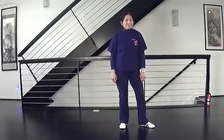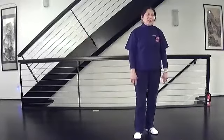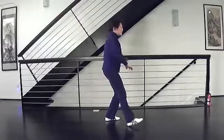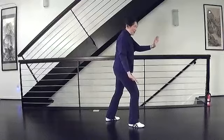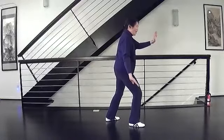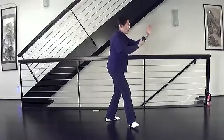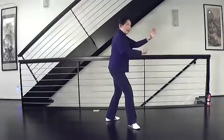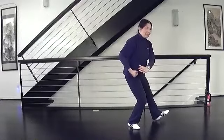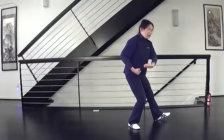Can you do that just one more time, just because I'm trying to coordinate what my left foot is doing. Okay, so let's say you start at right brush knee. You just brushed your right. Then you're coming up, ward off, roll back hands and turn your foot. Then, instead of swing step, both hands, step. And this fist is up, right? Then, as you flatten your foot,